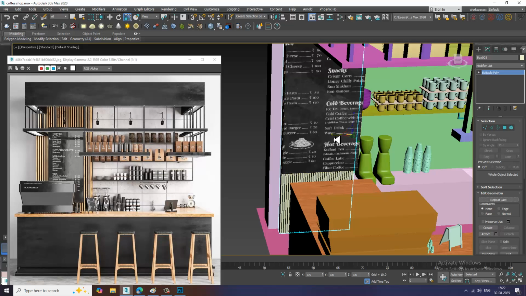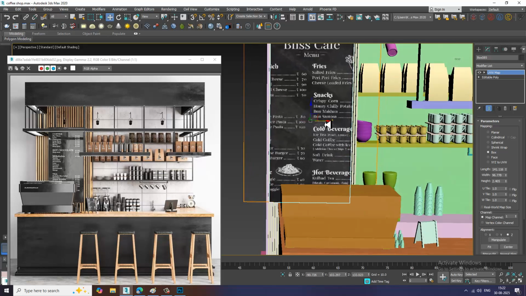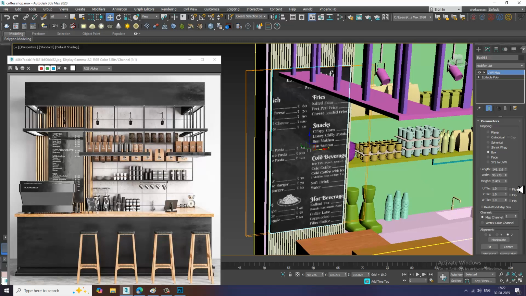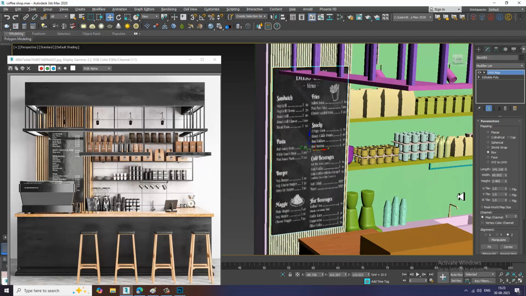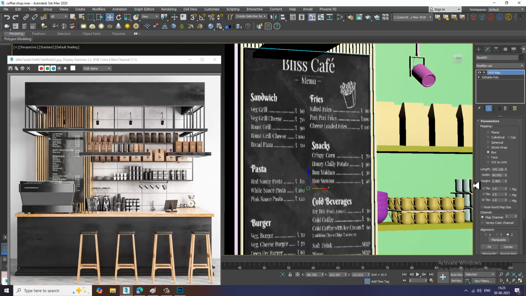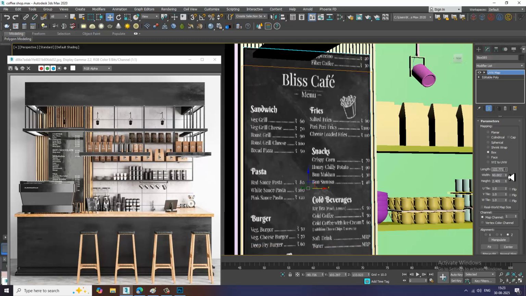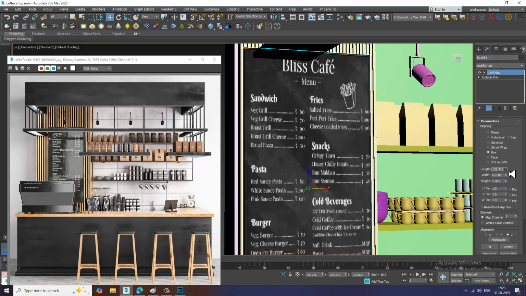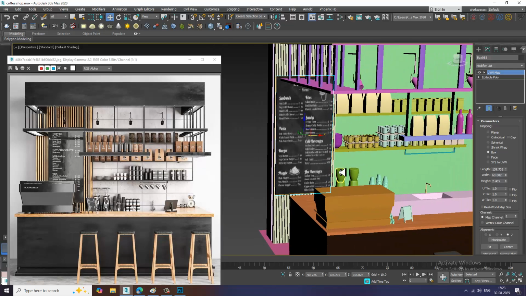Okay, I'll slightly scale this. I'll place it in this way. Again I'll go over here. Alright. Similarly,